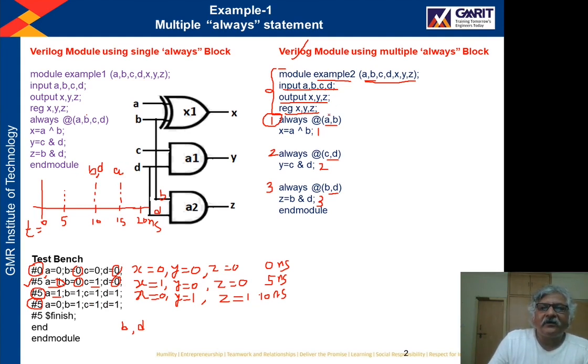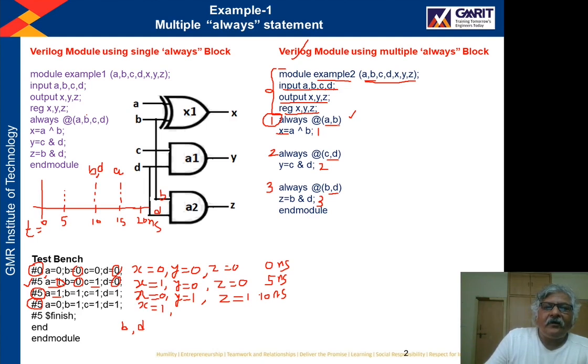Due to this, always block number 1 is activated, because A is in the sensitivity list of the always block. So the always block is activated at 15ns, and the statement A XOR B is evaluated. A is 0 and B is 1, so A XOR B will give you the value 1, and 1 is assigned to X. So now X will become 1.